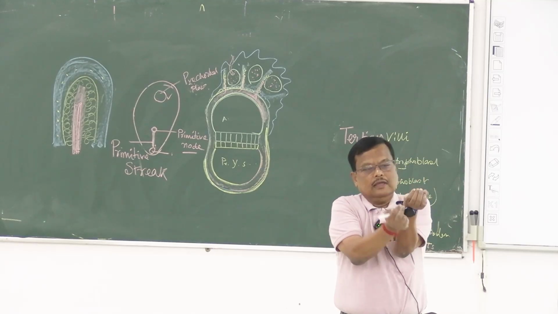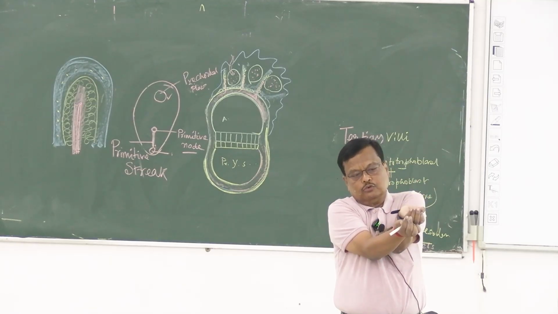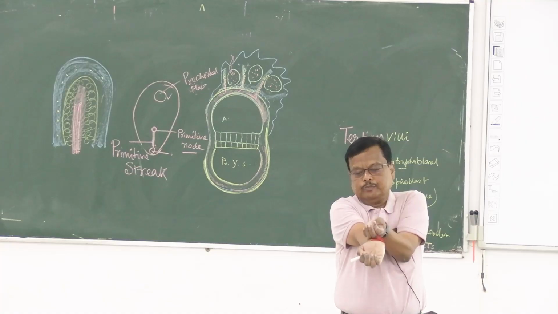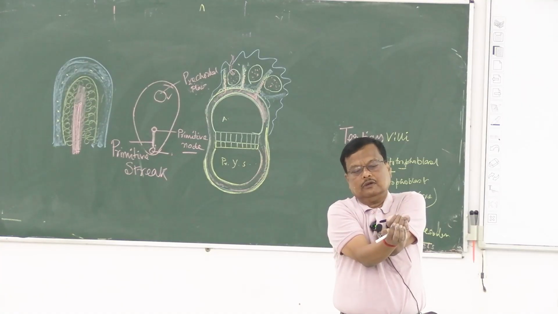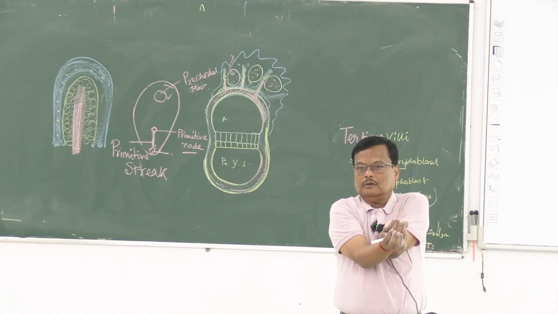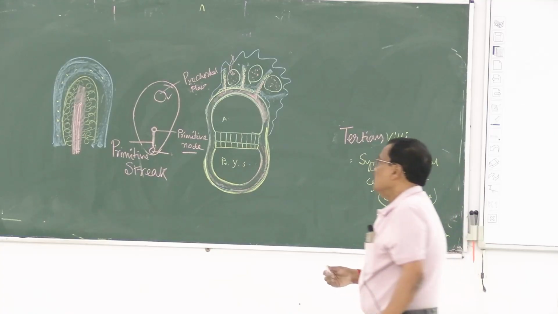So that, এই জায়গাটা একটু নিচে চলে যায়, এটা হাইপোব্লাস্ট, এপিব্লাস্ট এরম হয়ে গেল, তাকে আমরা বলি প্রিমিটিভ পিট।